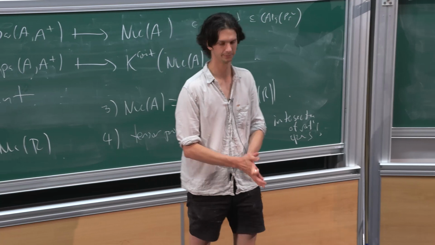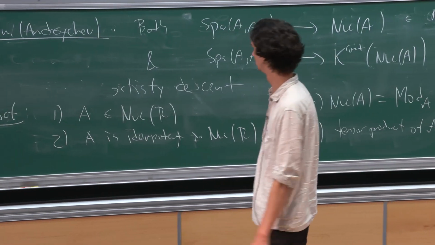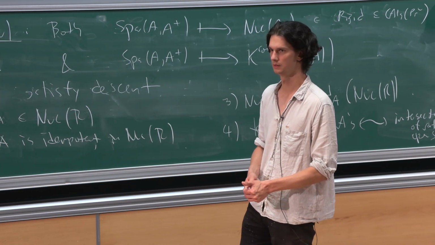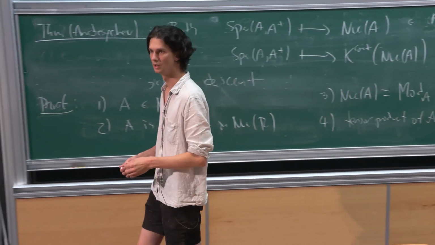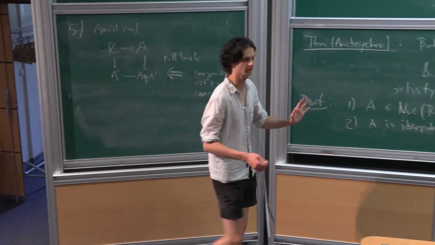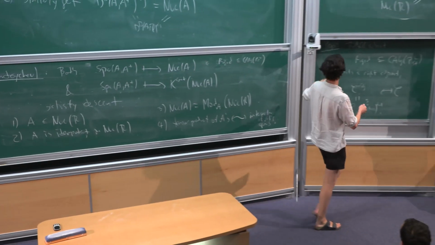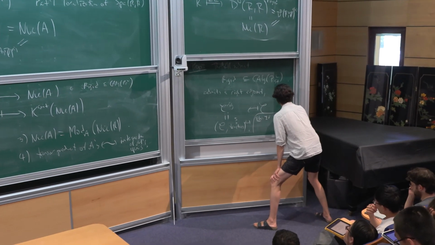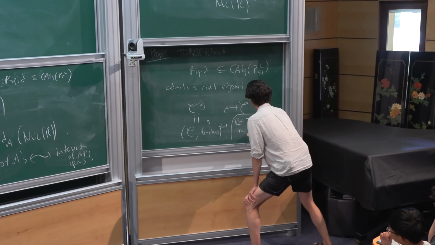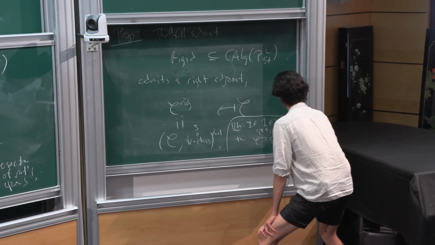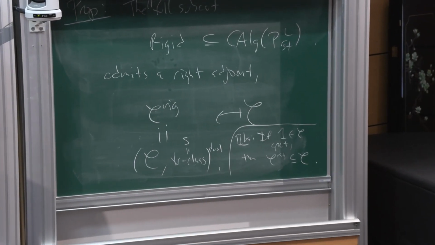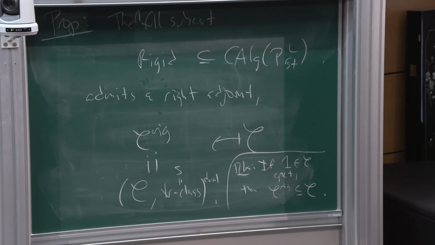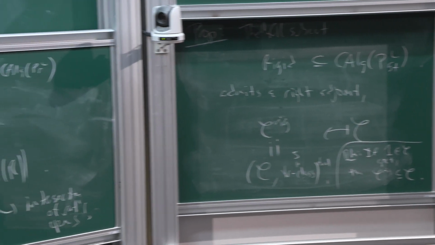Sorry, is nuke R a full subcategory or subcategory of this solid R in this case? Because in general, this construction only gives a functor. It's a full subcategory. Thank you. I perhaps should have mentioned, when I was discussing this rigidification, I should make a remark. If the unit object in C is compact, then C rig is actually a full subcategory of C. And this is the case for these solid categories, that the unit object is compact. And so then it's really just a full subcategory.